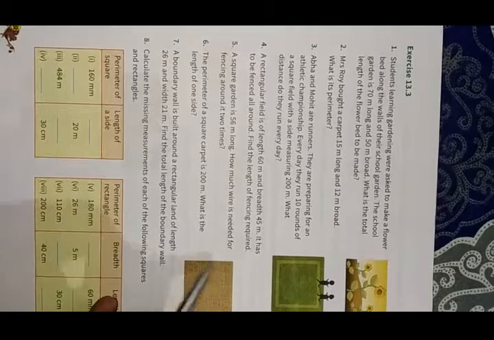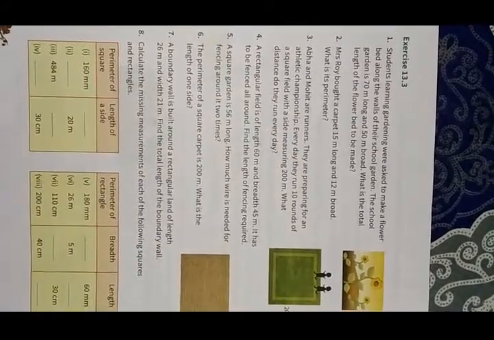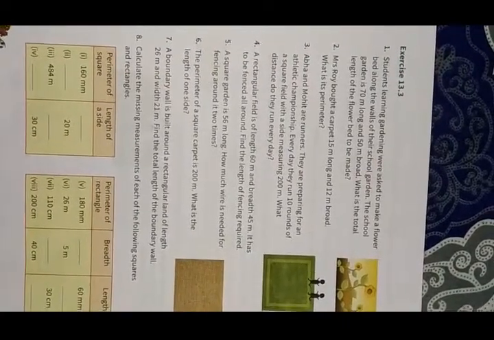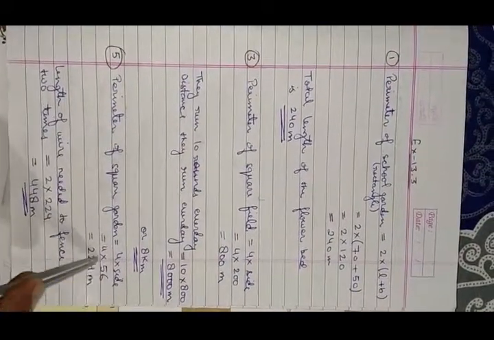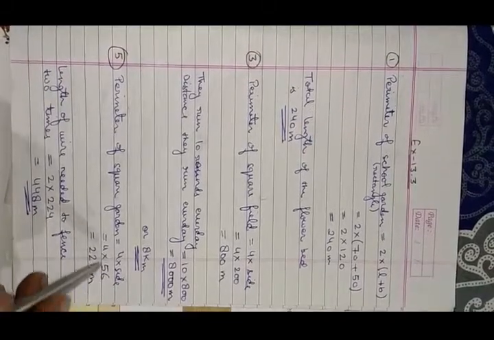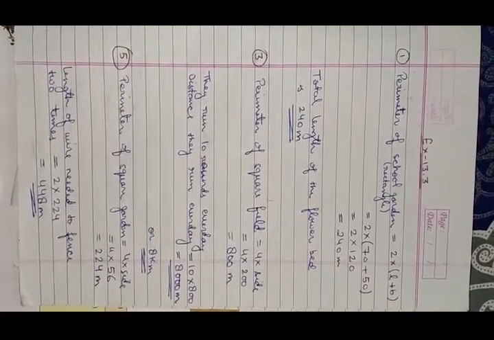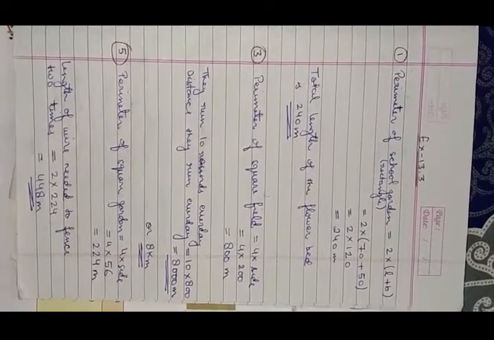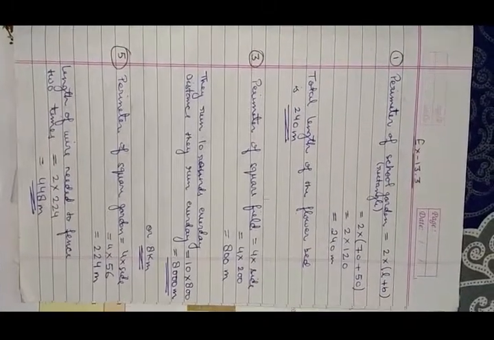First we have to find the length of fencing, means perimeter of that square. After that we will multiply it by 2 times because we have to fence it 2 times. First find the perimeter of garden. 4 into side. Side is 56 meter. 4 into 56 is equals to 224 meter. The perimeter of square garden is 224 meter. Now this garden is fenced by wire 2 times. So we have to multiply this perimeter by 2 times because it covers the perimeter 2 times.